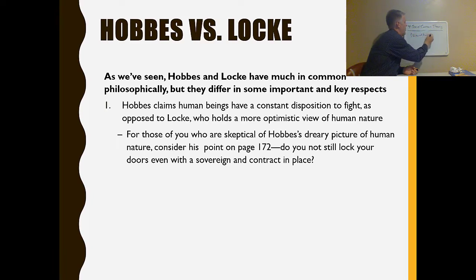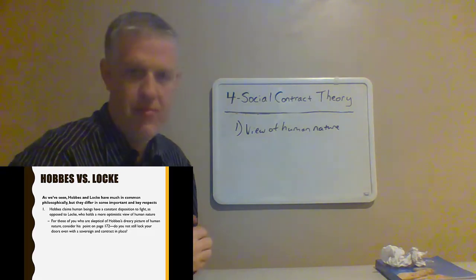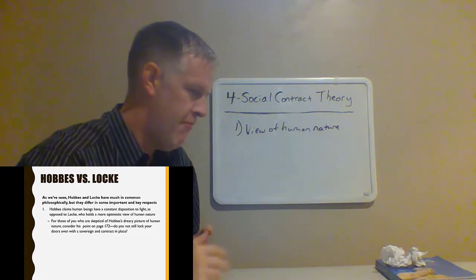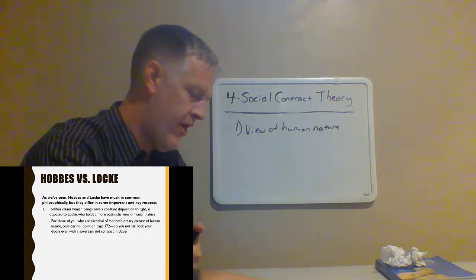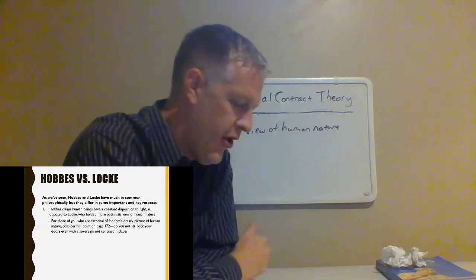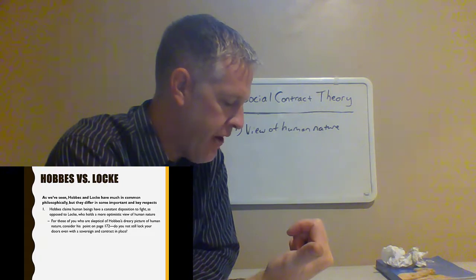So this goes back to that difference that we've been hammering home throughout the last lecture and this lecture, right? Locke is much more optimistic. Okay? Hobbes much more pessimistic. But I do think, and I reiterate this point on slide 13 here, go back to page 184 and 185